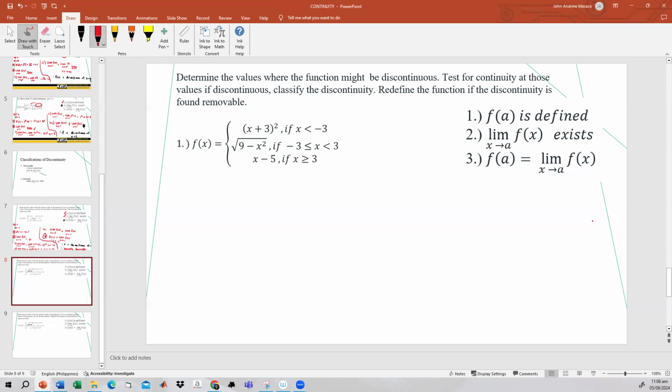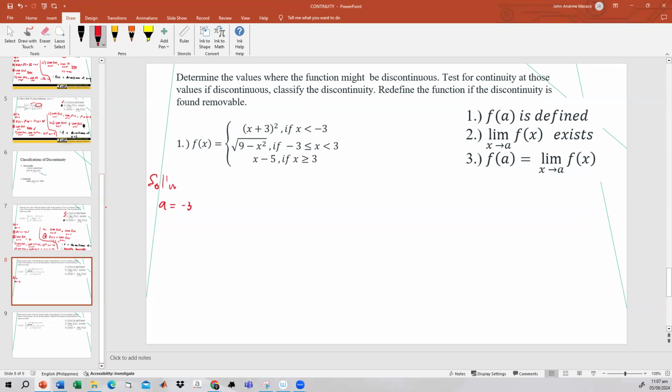Okay, so what do we need to do now? As you can see here, we have two values of a. Now we have -3 and 3. So in that case, we'll check the continuity of this piecewise function with the two values that we have. So we'll start, of course, with a is equal to -3. So this will become now the solution.